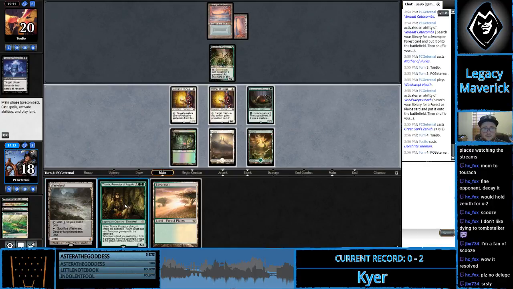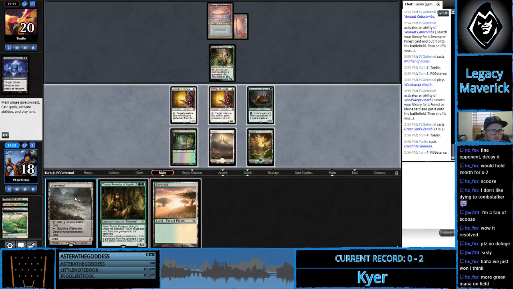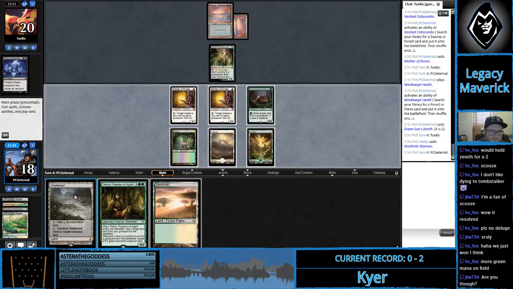Or do I just hold out for Titania? Because I think I want to Wasteland. I need more green mana on the field. Yeah, that's fine. How important is this Deathrite Shaman, though? I mean, I'm going to just get rid of this...